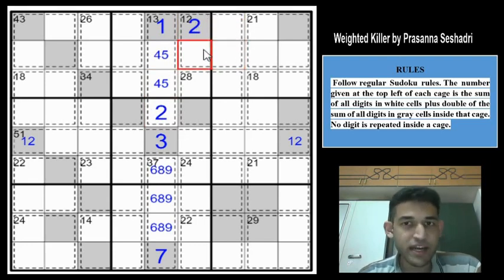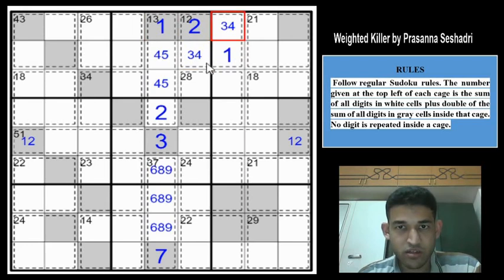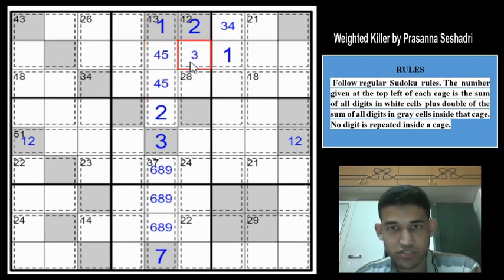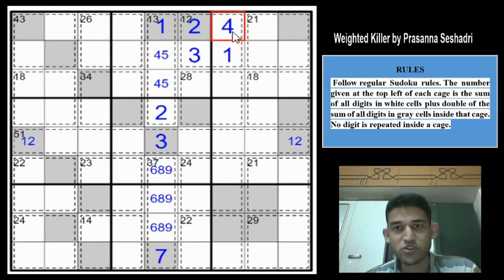So 8 can be attained in 2 ways when you have 3 cells. So it can either be 1, 2, 5, which is out of question because digits don't repeat, or 1, 3, 4. So 1, 3, 4 is the only possible solution. You can't have 1 here, you can't have 1 here, so this will be a 1, and these 2 cells will be 3, 4, but you have a 4 from one of these 2 cells, so this will be a 3 and this will be a 4. What a beautiful Sudoku, amazing.